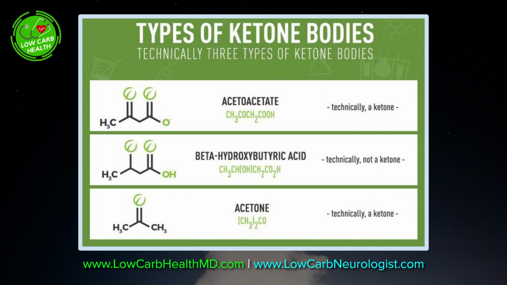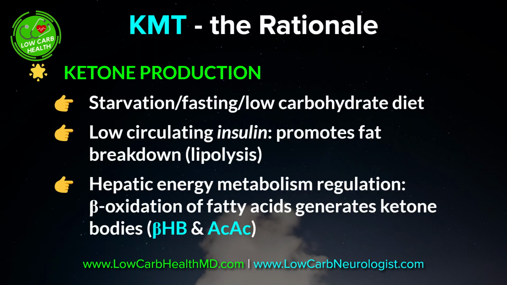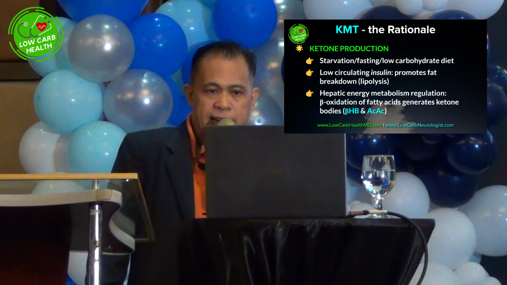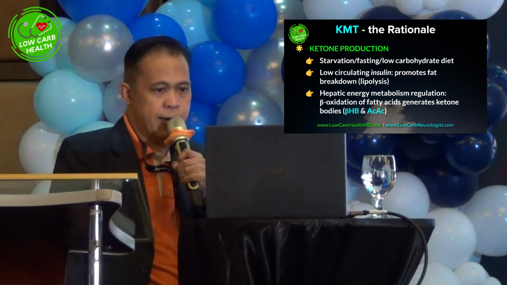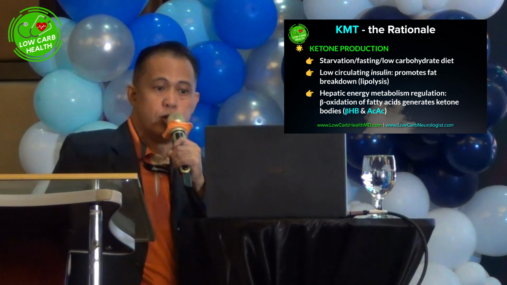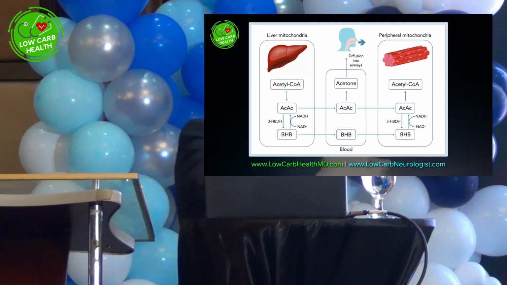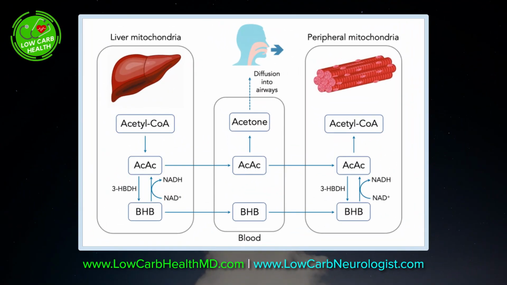These ketones are produced in the liver when we are in fasting or starvation, including intermittent fasting. Because of low carbohydrate intake, the insulin levels are low, and that promotes the breakdown of fat, in the form of lipolysis. So the liver subsequently produces these ketone bodies. This is an illustration. In the liver mitochondria, acetoacetate and BHB are produced. They go to the bloodstream. Part of it is converted to acetone and is breathed out. But most of the